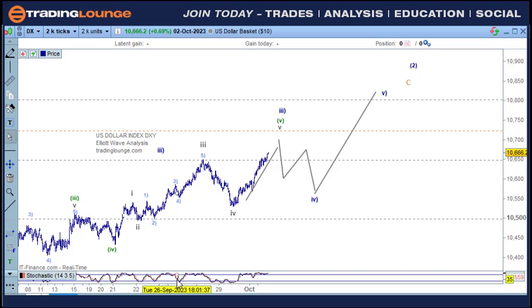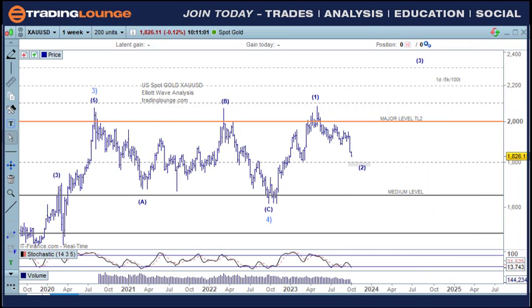And I think that gold is a bit of a mirror opposite to this. There's a couple of ways to count the gold market, so we're going to go and have a look at that now. This is the weekly chart for US spot gold. It's a CFD product here, but generally speaking, they're all sort of the same. We've got wave 3 up here, and we've had an A, B and C wave down here for wave 4. Now, we can count this up here as 5 waves. It's not the best looking 5 waves, I grant you that.